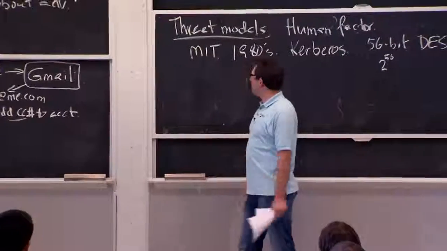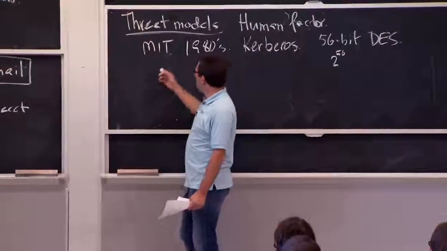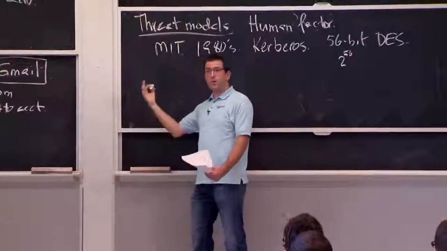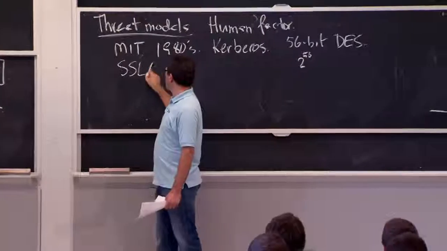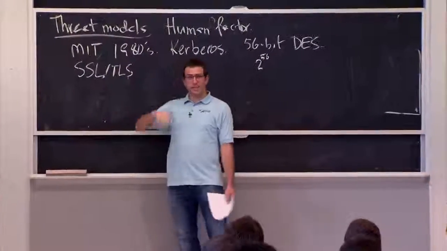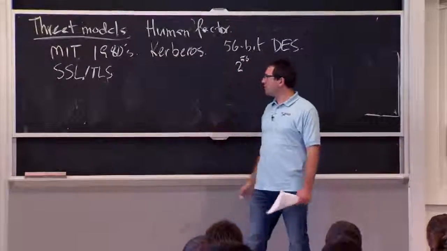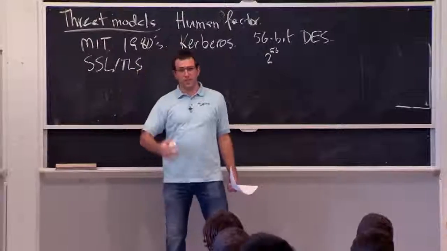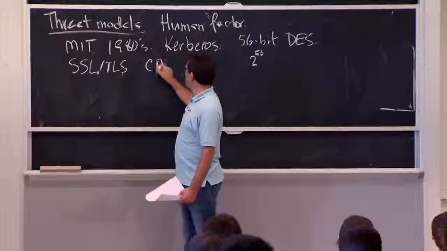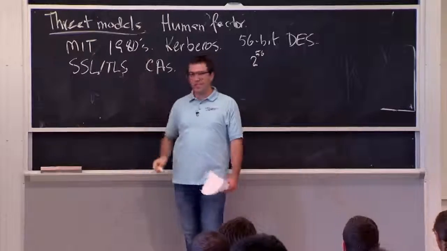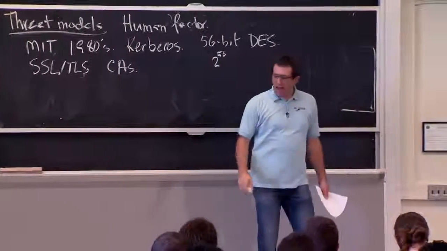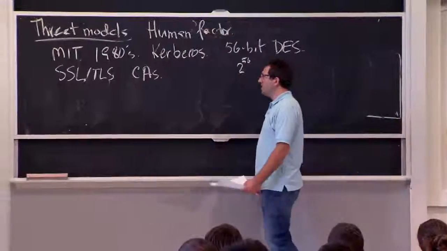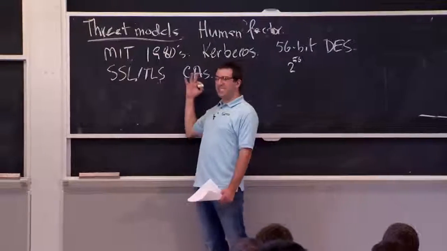Another example of a bad threat model shows up in the way secure websites these days check certificates of a website that you're connecting to. So in the SSL protocol or TLS, when you connect to a website and it says HTTPS, we'll talk much more about this in later lectures. What happens is that the site you're connecting to presents you a certificate signed by one of the certificate authorities out there that attests that, yep, this key belongs to Amazon.com. And architecturally, the mistake, or the bad threat model, that these guys assumed is that all these CAs are going to be trustworthy.